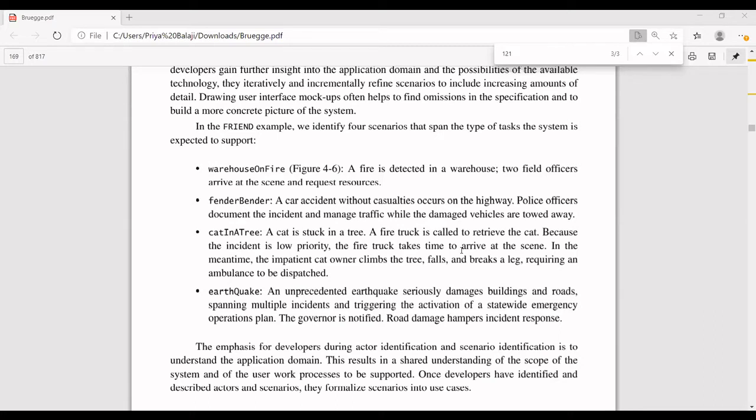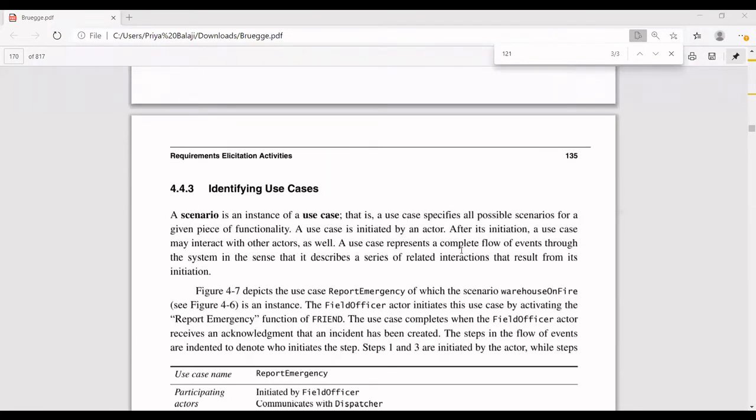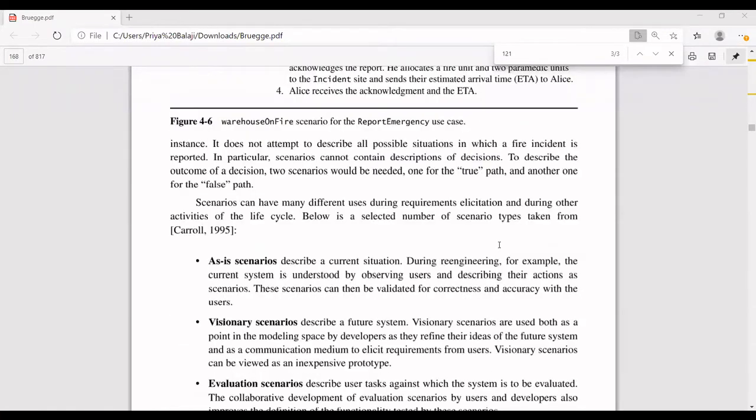If it is a normal accident on the road, then if they want an ambulance, it has to be intimated to the ambulance manager or the ambulance police person who is going to control that. So like that, your device should have automatic operations by itself in order to use this particular application in the proper way. Right. So once your scenarios are done, you are going to group all your scenarios into a use case.